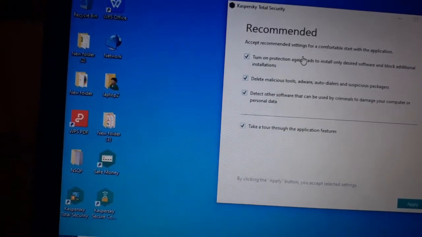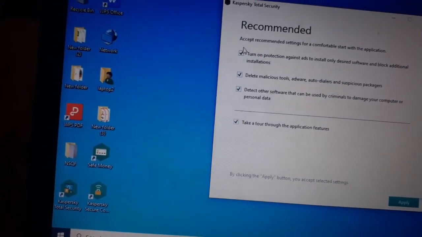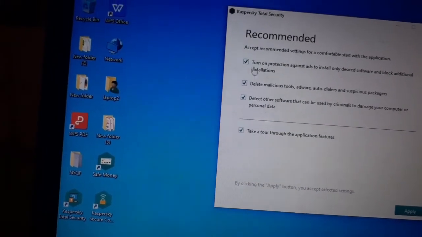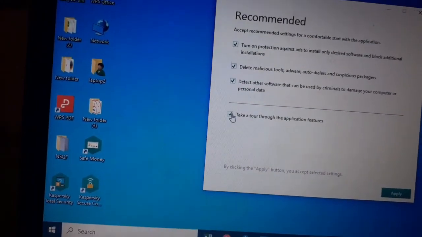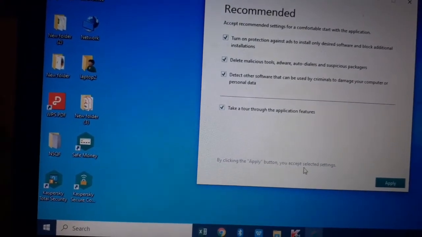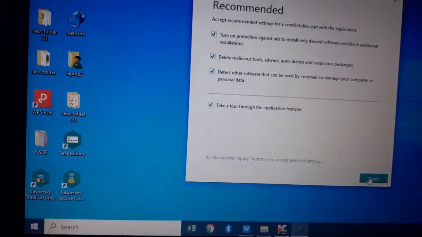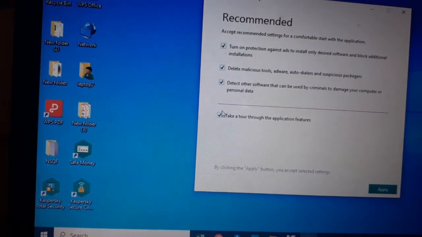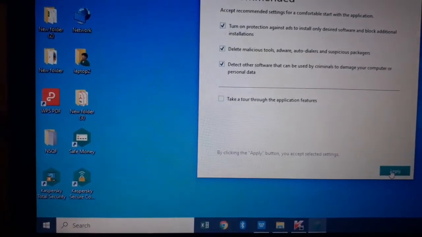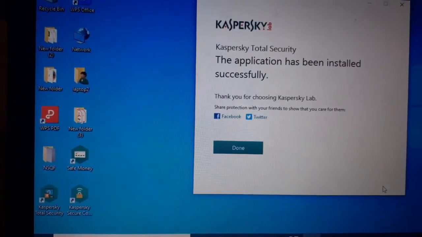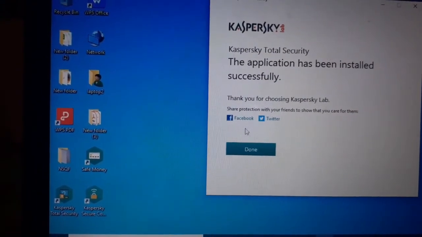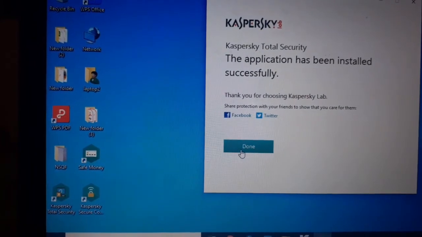Here it is left up to us to select or deselect whichever options we desire. Take a tour through the app features by clicking on apply. If we don't wish to take a tour, we can deselect it, and then click on apply. Here it is saying the application has been successfully installed. We can click on done.